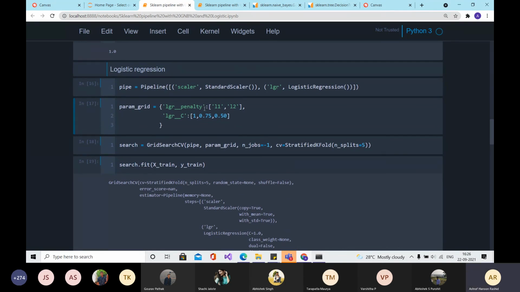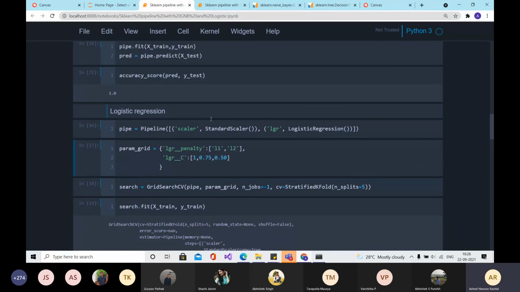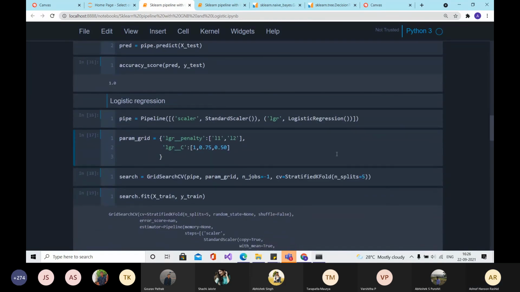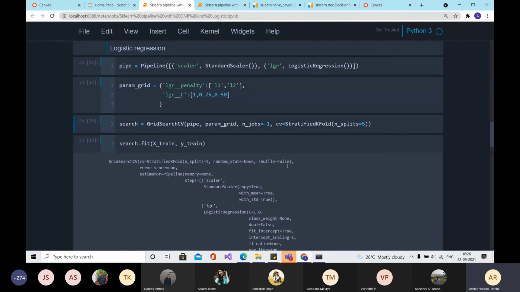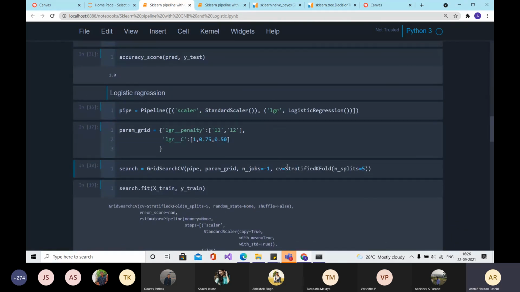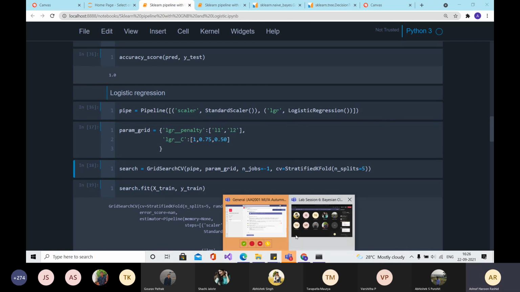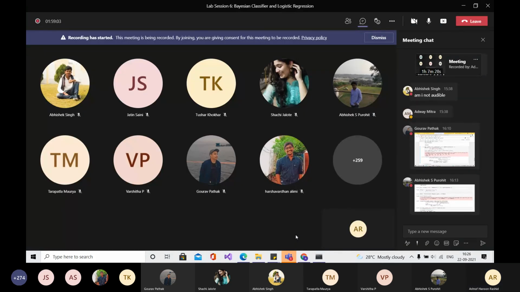Maybe it might be due to the way this data is partitioned within K-fold because it's partitioning it randomly. But it should not happen because it hasn't happened for me and also for some other students. So I'll look into it and see what I can find. Okay, sir.